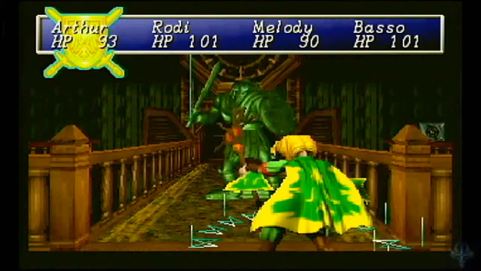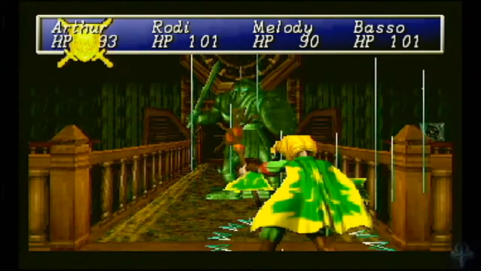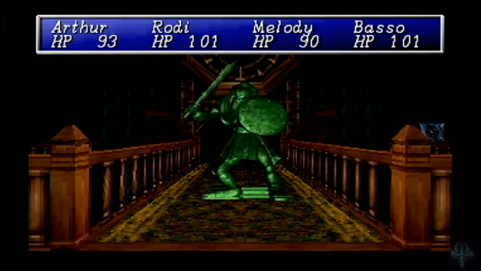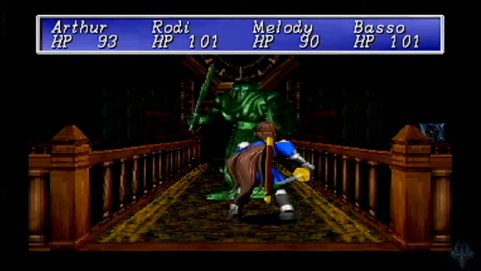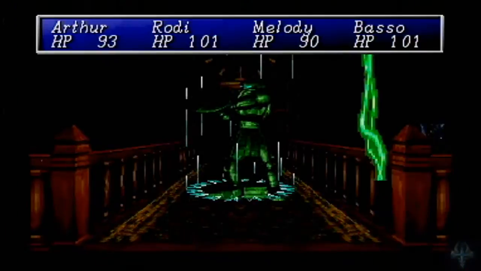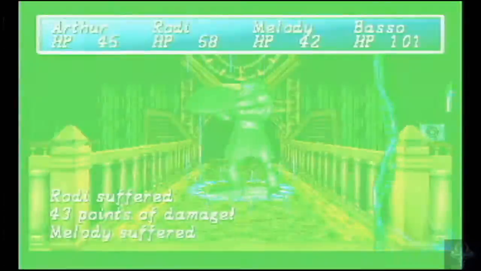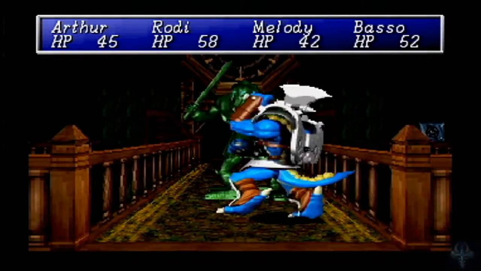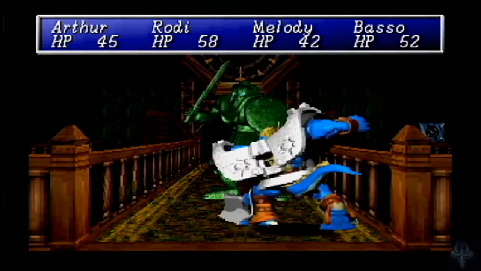Basso really needs... he'll probably get 2 casts of it so that it gets closer to everyone else's stats. Because that is the problem. Basso is... ooh, and Power Spark. That hurts. We are going to need to heal everyone. Well, that's why everyone has health items, so...